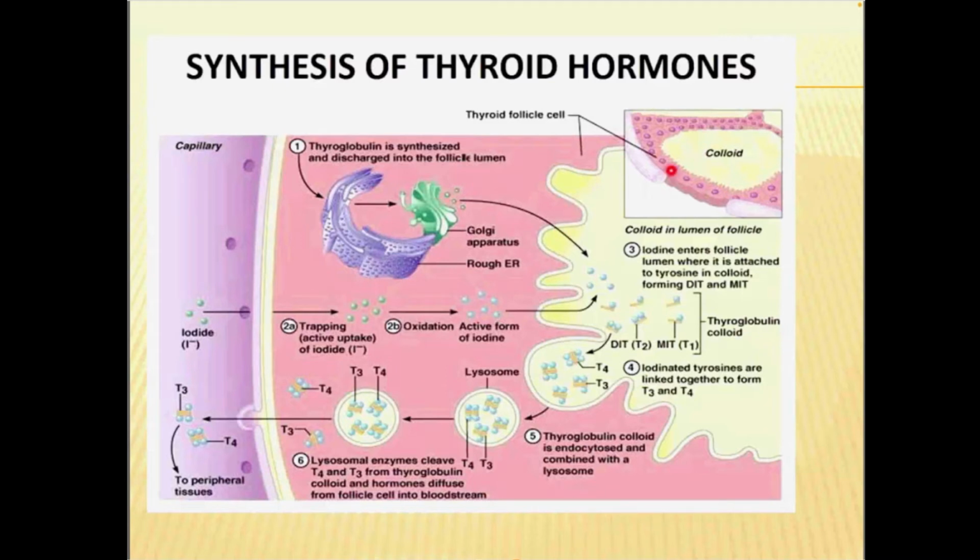So get into this image. These are the thyroid follicular cells, and this is the colloid. This yellow material is colloid, and this is thyroid follicular cells. So here the thyroid follicular cells synthesize the thyroxine T3 and T4, which get bound to the thyroglobulin and get released into the colloid. This complex structure, thyroglobulin colloid, includes MIT and DIT, monoiodotyrosine and diiodotyrosine, T1 and T2, which combine together to form triiodothyronine. This MIT plus DIT gives rise to T3, while two DITs join to form T4.